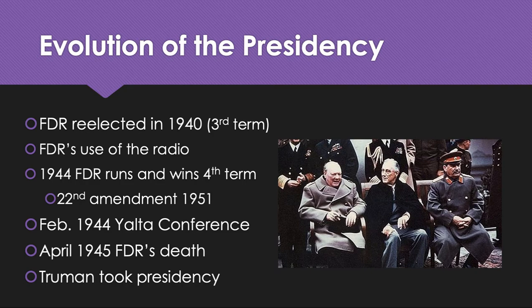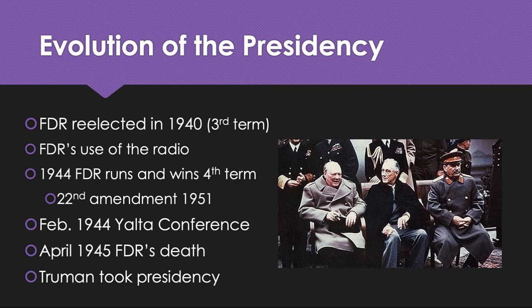These negotiations at Yalta are going to be criticized. And then when we see Truman taking over as Roosevelt's successor, Truman becomes very suspicious of Stalin, and that's going to lead to some tension at the Potsdam Conference, and that's going to push us right into the Cold War. But now we have to talk about